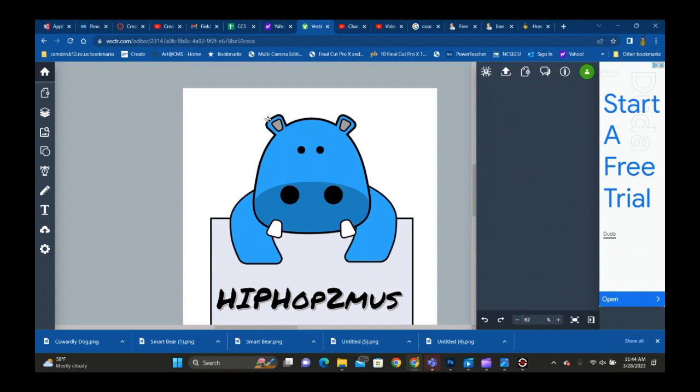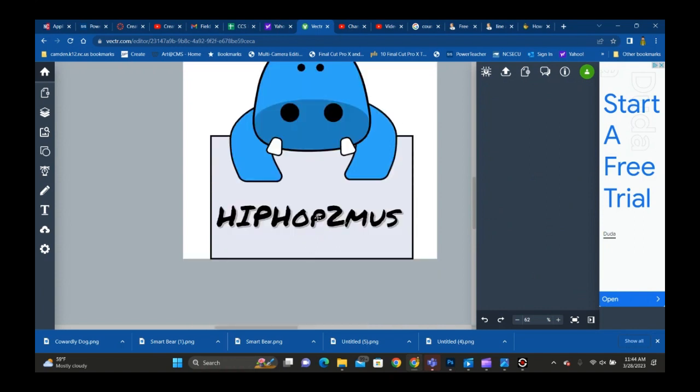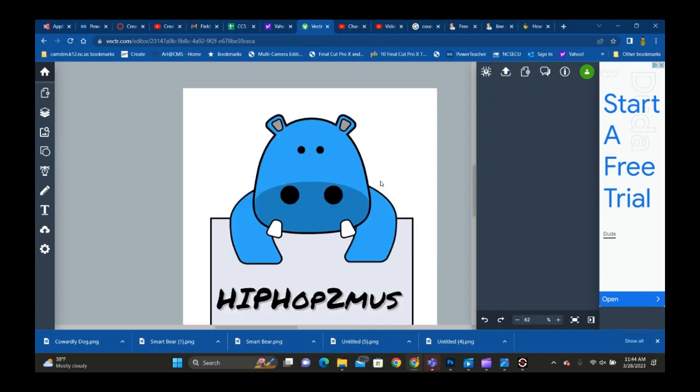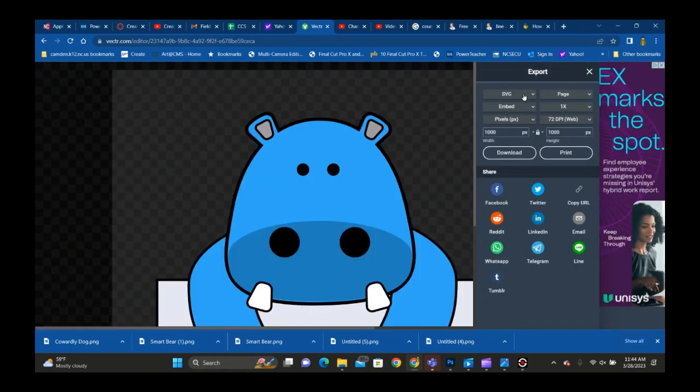So you need to have your creature that you made on top of the tub and add some type of words, even if it's just hippo on it. Once you finish, you need to export it. Before you do it as a PNG,